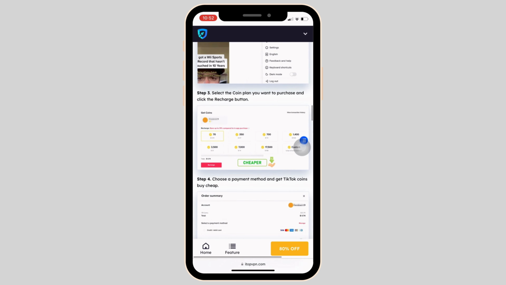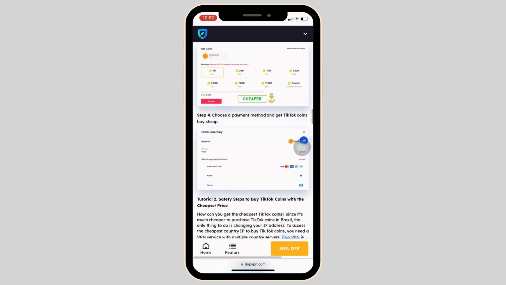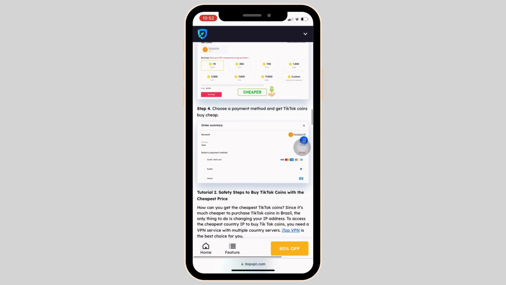Once you have selected the coin plan, the next thing you want to do is choose a payment method. Over here you can see it says Select a payment method. Different payment methods will be visible to you. One is credit or debit card, another is PayPal, and the next one is Venmo. As we're looking forward to buying the coins with the help of a credit card, you have to tap on credit